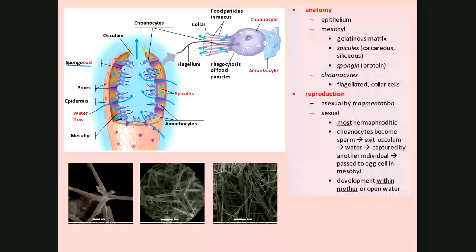Choanoflagellates are protozoans. Choanocytes are cells of an animal. Boy, we're getting right there in the middle, right? The gray area. All right, so all these choanocytes are beating their flagellum. That's moving the water through, and they're using their collar to catch food, right? That's what they do. They're filter feeders. And the osculum at the top is where the water exits.